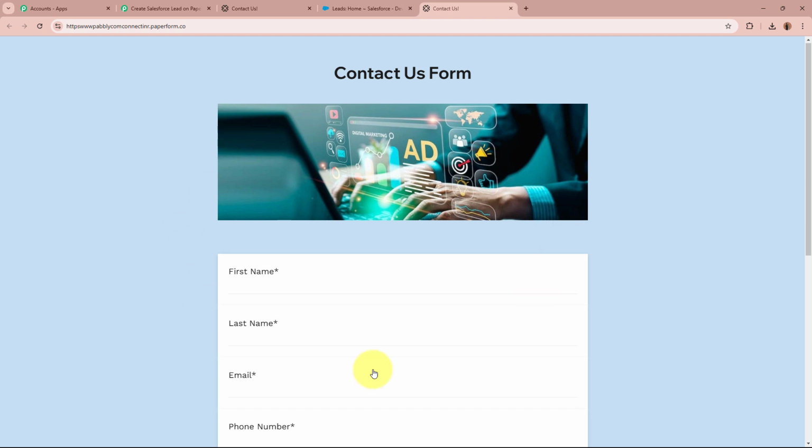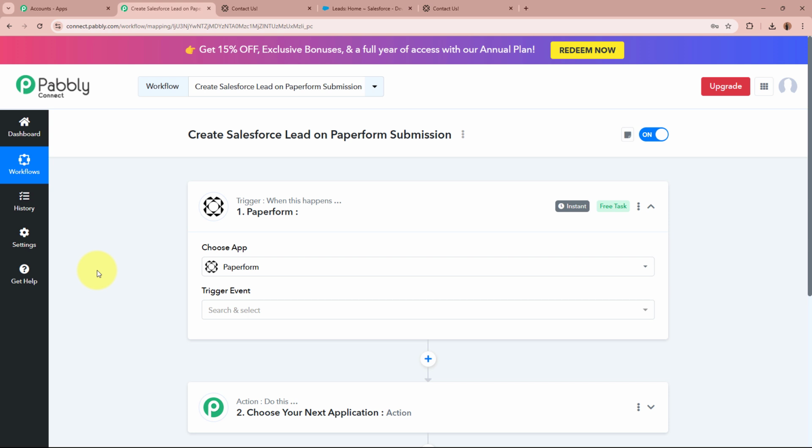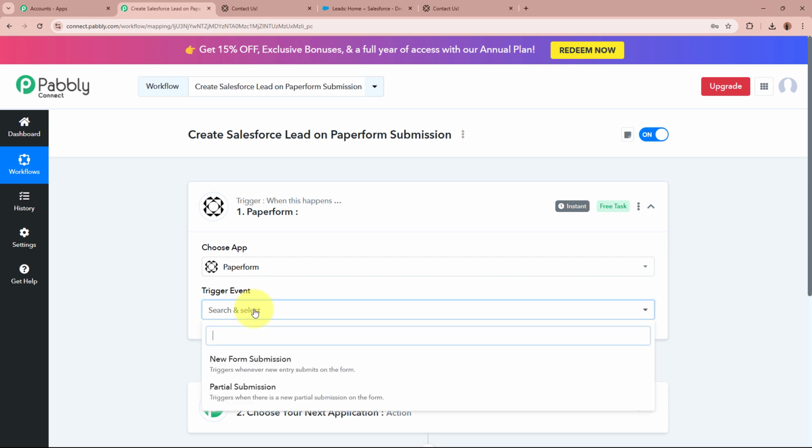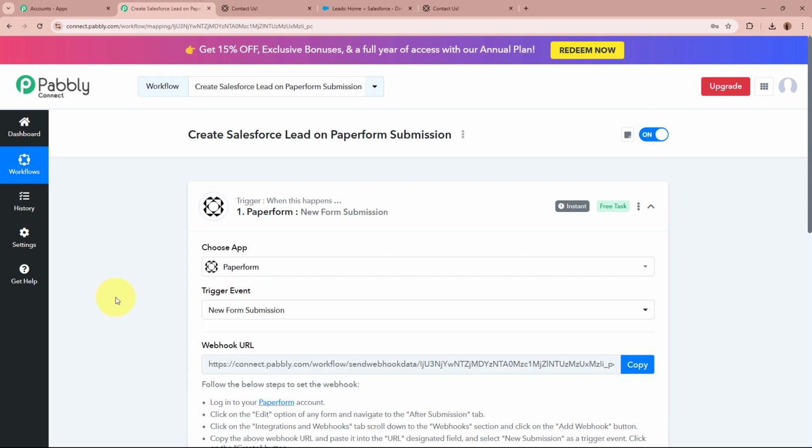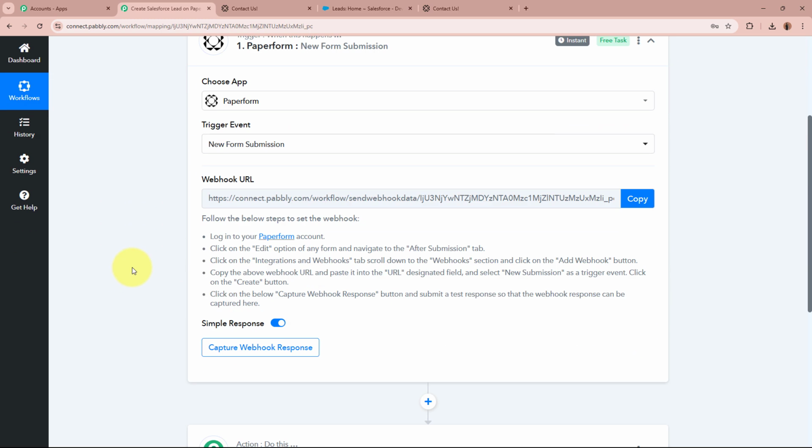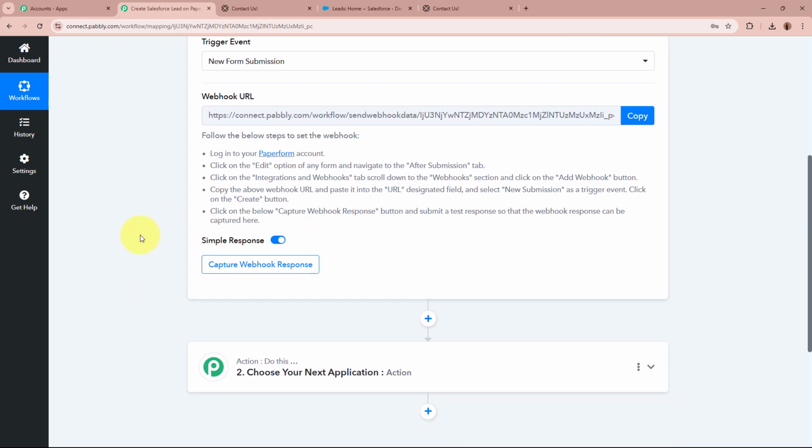I want that as soon as a new form submission is done with the help of Paperform, Pabbly Connect should automatically and instantly capture the response of that, okay? So after selecting my trigger application as Paperform, it is asking me to select the trigger event. For the trigger event, I'm going to select New Form Submission, as I want that whenever a new form submission is done with the help of Paperform, automatically and instantly Pabbly Connect should capture the